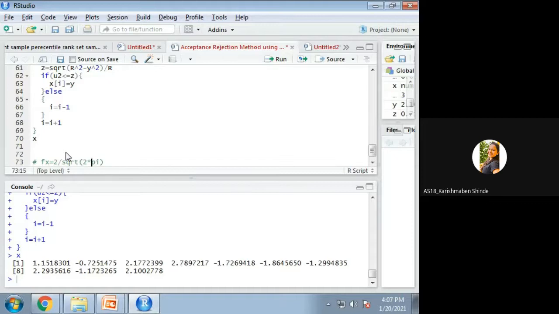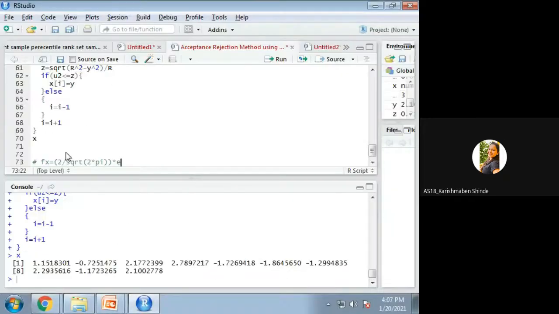I think pi is available as a constant. Again, we'll verify it. Don't worry. You can also give it in this bracket, so easy.